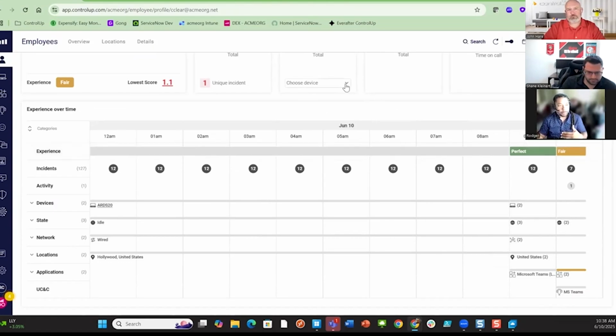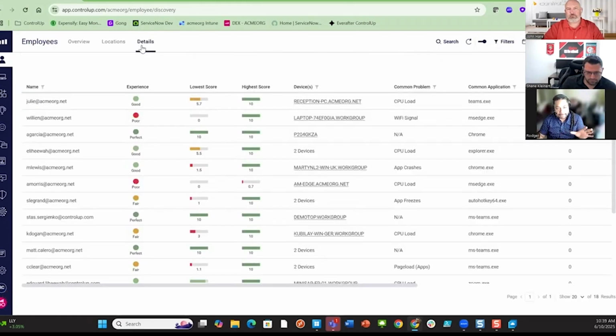Now, do I want to go through the process of troubleshooting this? I can, but at this point in time, I'm going to keep it high level. So if you have any questions or concerns, we can always get a deeper dive demo, because I only have a limited amount of time. But this piece is about changing your perspective. I'm not looking at the machine. I'm looking at the user's experience on that machine. How is the user experience going? That's DEX. That is the key to making sure